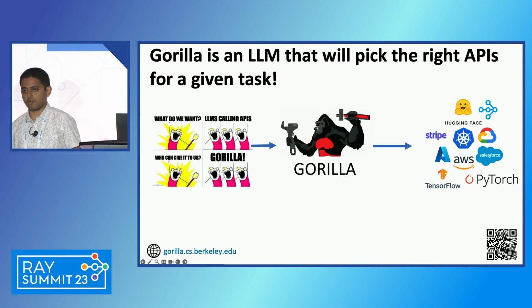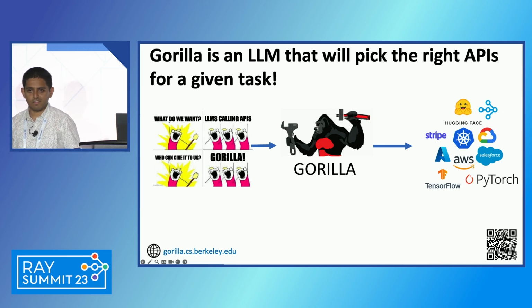OK, look, a lot of people are saying, hey, we want to connect this. We want to do a bunch of things. Can we now just teach the LLM how to invoke APIs? And by doing this, you're training the LLM to use other tools. And this was the thought process. We are trying to write a machine learning paper, so we started off with Hugging Face, TensorFlow, and PyTorch APIs.